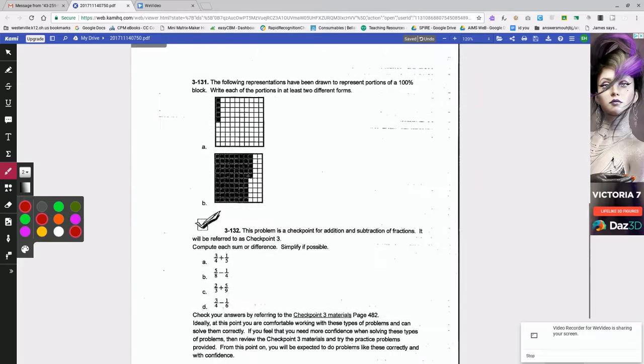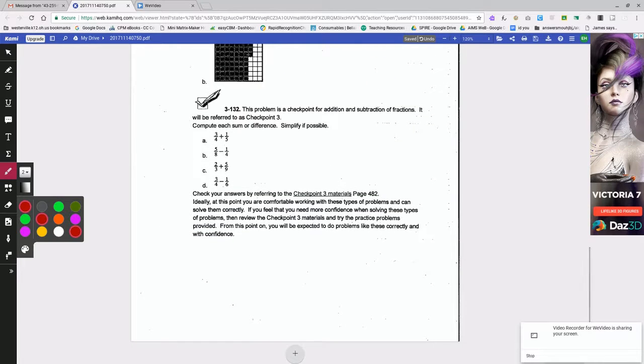Coming down the next two, pretty easy. You got the grids there. You can give this to me as a percent. You can give it to me as a fraction. Or you can give it to me as a decimal. Do the same for B. And the last question here, 3-132. Make sure then you're giving us your common denominators. If possible, give us